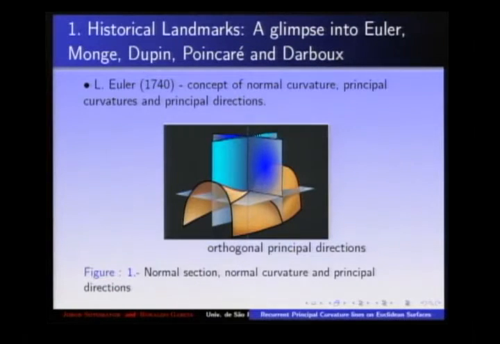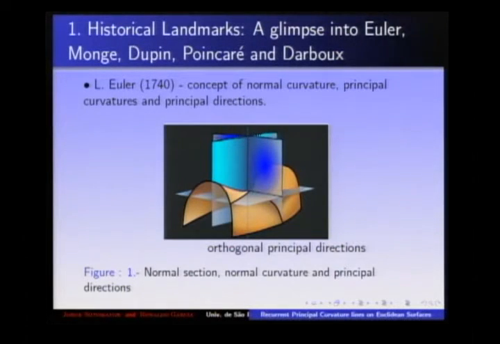Here I am taking the very modern definition of the 19th century, given by Rodrigues, the characterization of lines of curvature in the 18th century. But the original fellow that defined lines of curvature, directions of principal curvature, was Euler in 1740. And here he defined it by taking normal sections,